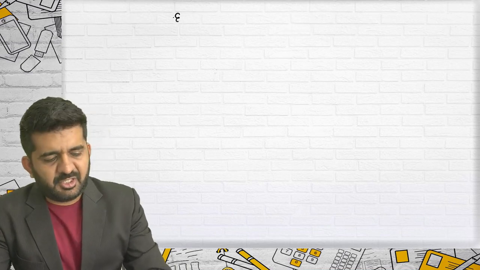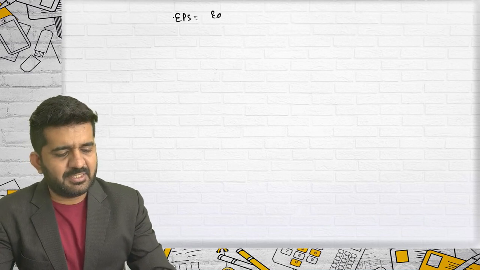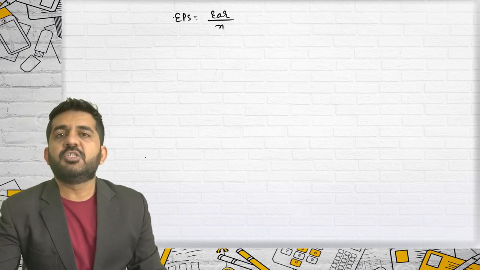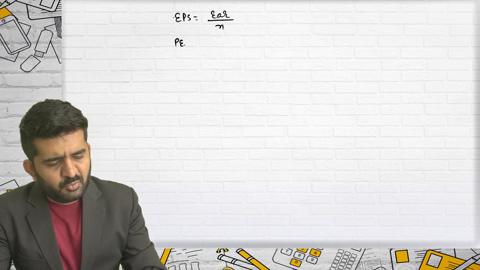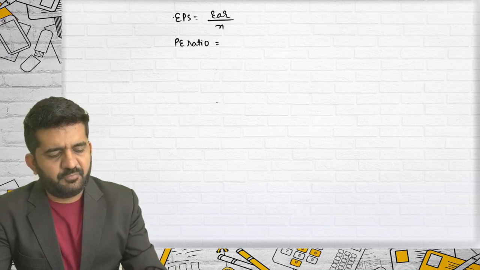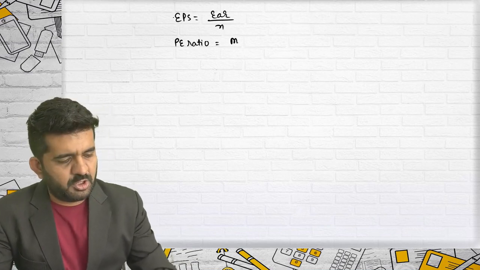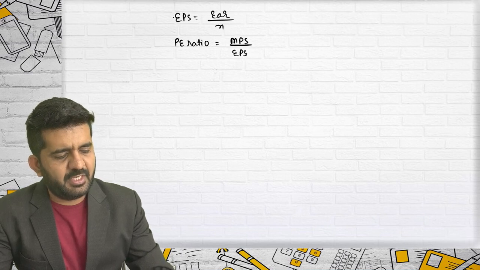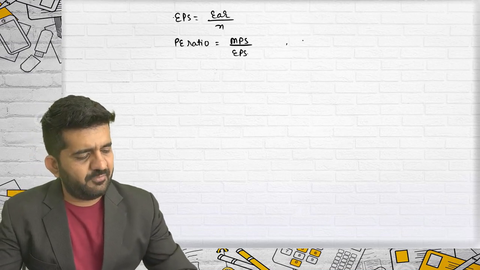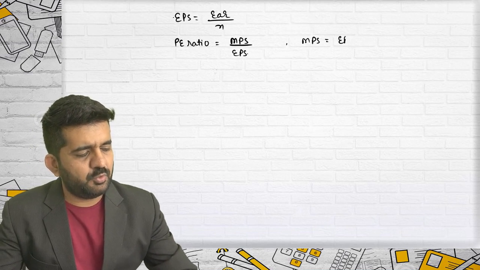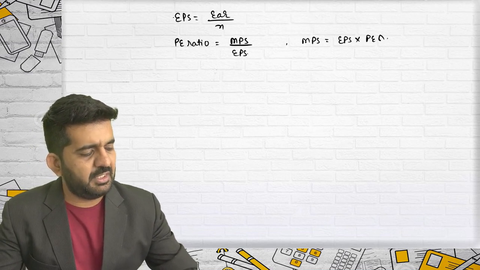So before starting with some of the questions of merger and acquisitions that we were doing, let me revise again some of the concepts of merger and acquisition. We have learned a general thing, how to find out EPS, that is earnings divided by number of shares. But the new concept was the PE ratio. We have covered it at a lower level, but still the understanding portion was important. It is MPS divided by EPS. So by the same formula, we can say MPS is equal to EPS multiplied by PE ratio.